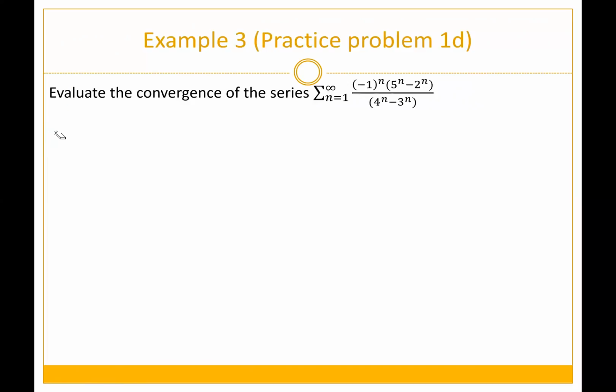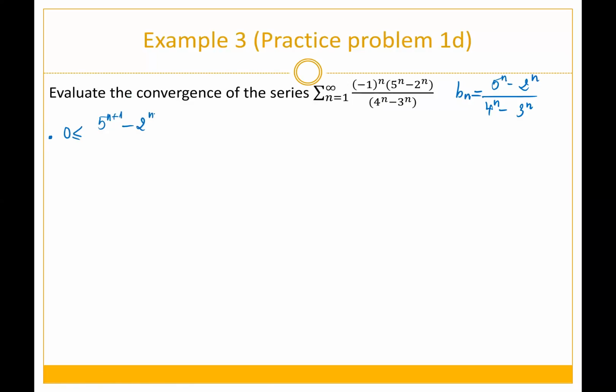So this is an alternating series. You can use the alternating series test, but the alternating series test is only applicable for a decreasing function. Now if you look at these, the b_n term is 5 to the n minus 2 to the n over 4 to the n minus 3 to the n. It's really hard to actually compare